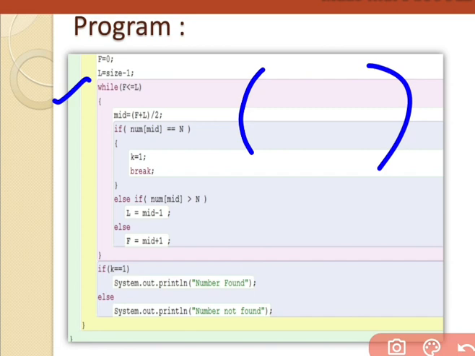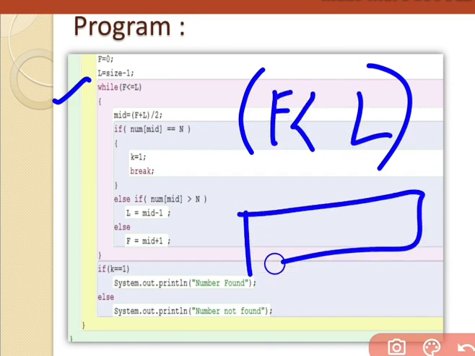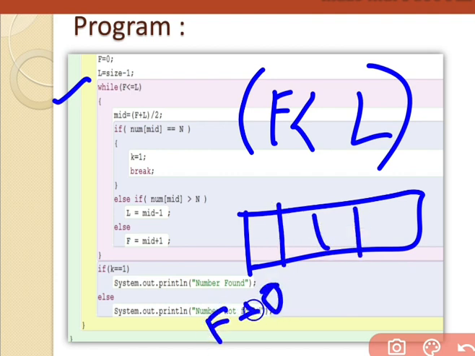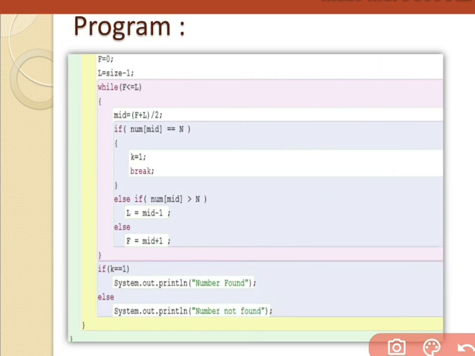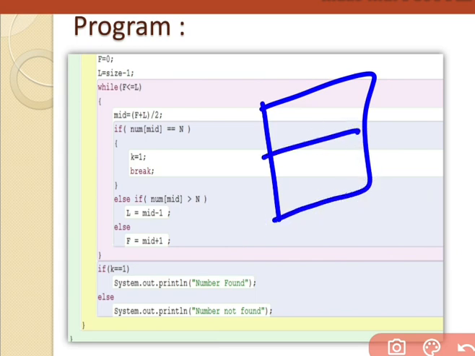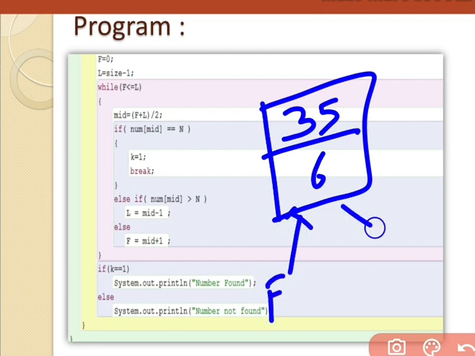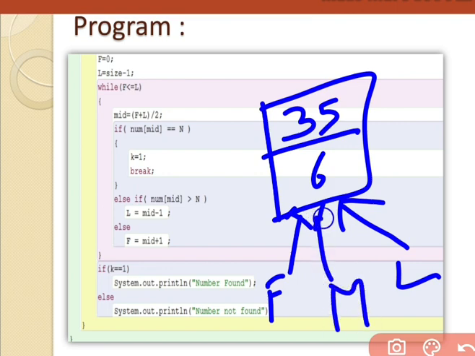And while I'm putting the condition over here that first should be smaller than last, you know that first is always smaller than last, because first is always in the starting and last is always in the ending. Yes, but I told you previously that we have one condition where first is in the same position, last is in the same position, and mid also has the same position.